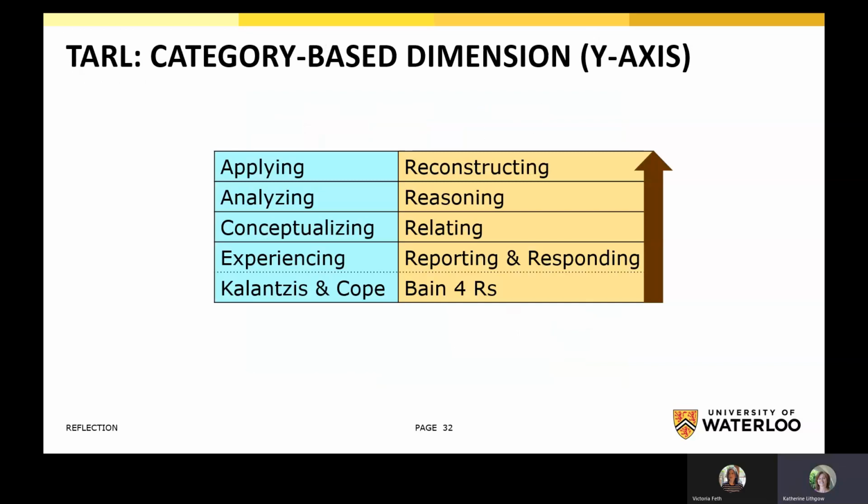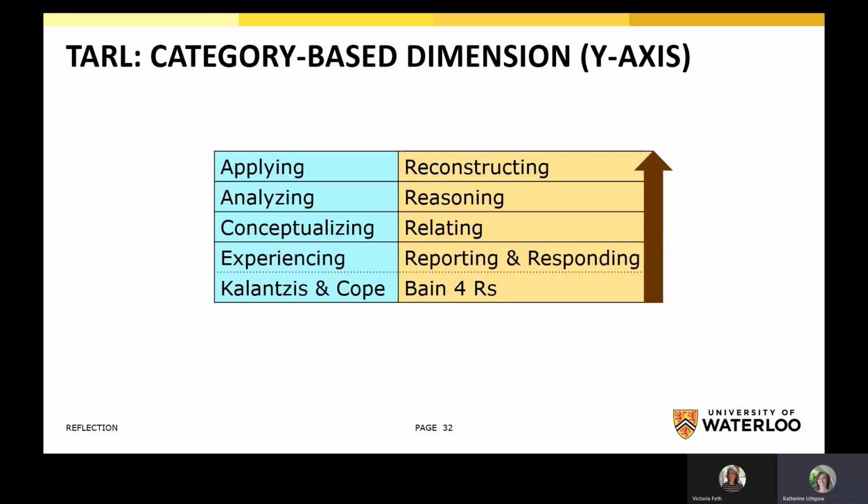So if we look at the Y-axis, what they're looking at here is a category-based dimension, which is representing the different levels of reflection. Okay, so if we look at the beige or brown area, it has Bain's 4 R's. And they're suggesting that you might want to consider picking a framework and using it throughout the program so